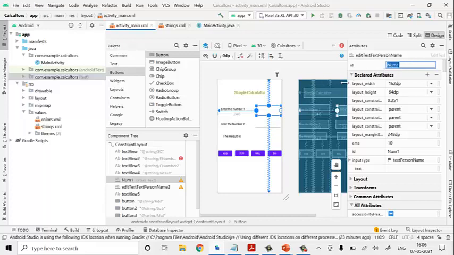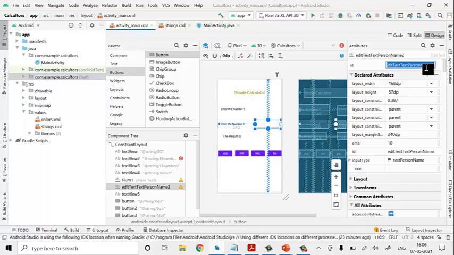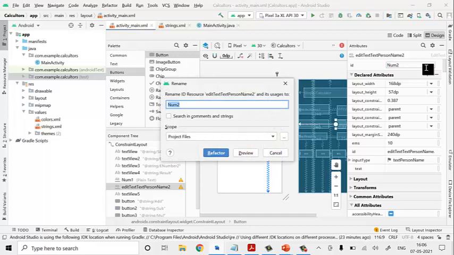Okay, next I'll come back to my text box 2. I'll remove this and I'll make it num2. That's refactor.